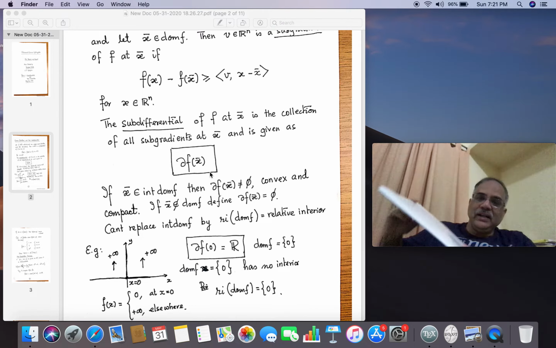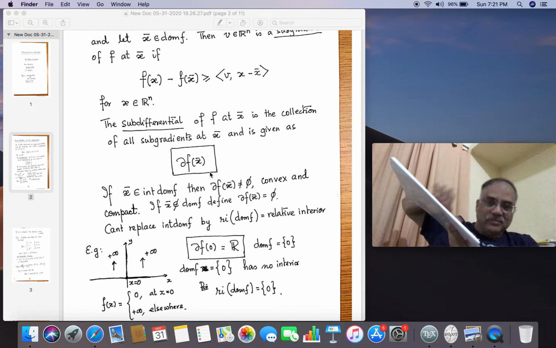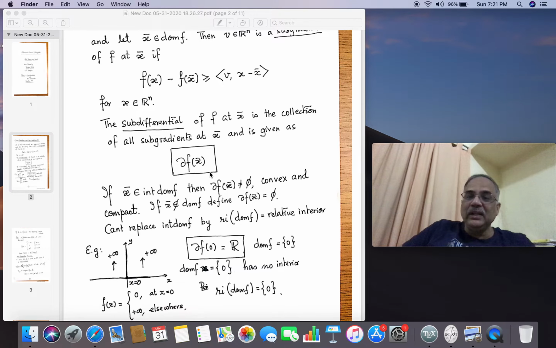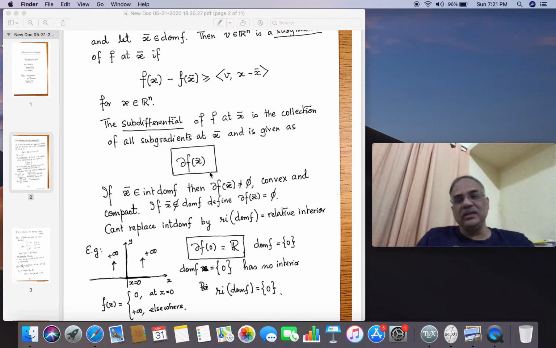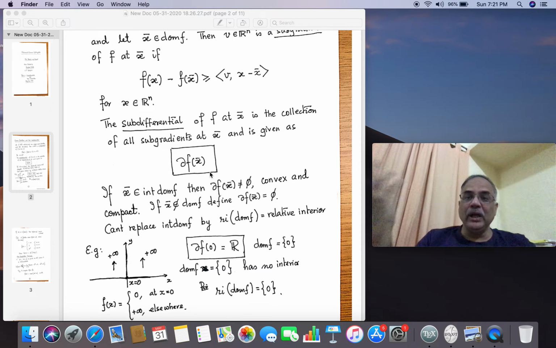That is, this set does not have an interior in R3, but in R2 it has an interior. That's the idea. So that is called a relative interior. So every convex set has a relative interior, but it may not have an interior. If it is in the interior, it is full dimensional. That's Rn is its affine hull.